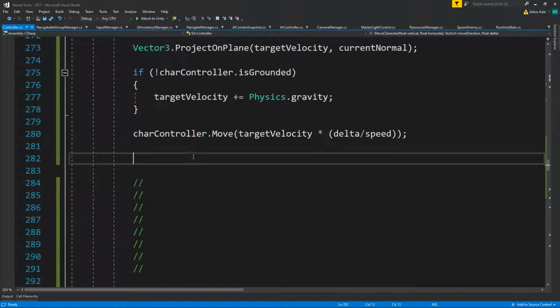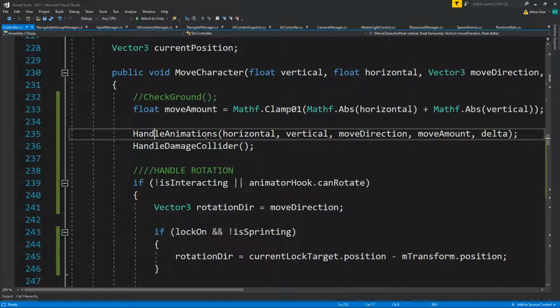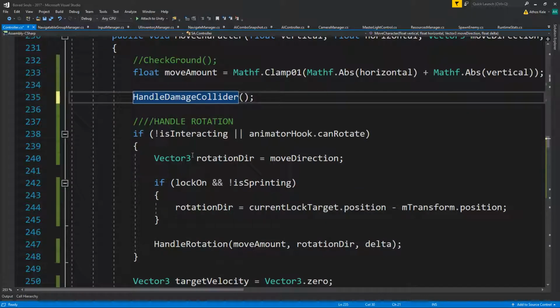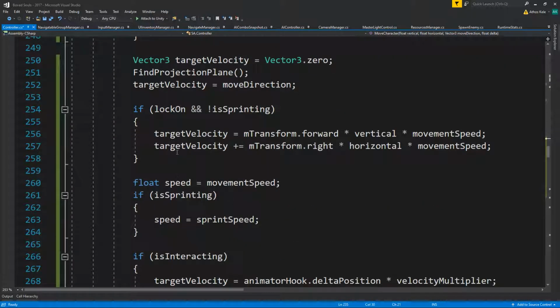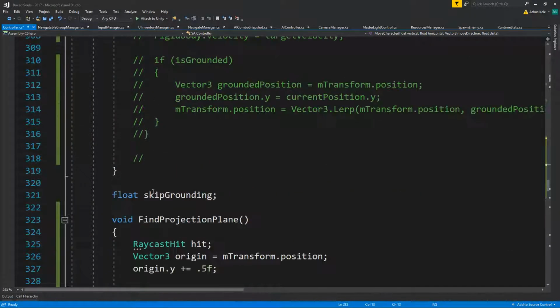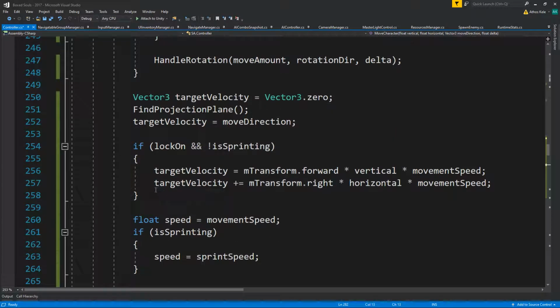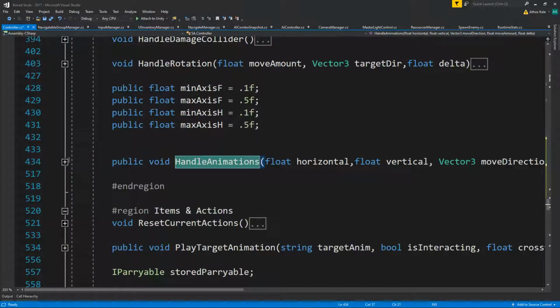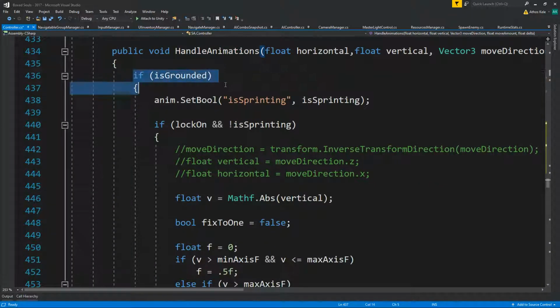So let's see why the animations are not playing. In handle animations, we do pass the horizontal and vertical move direction. Now the animations are not playing because, I have no clue. I think the animations should be playing based on if you're locked on or not, first of all. So just drop that down here. Then if you're locked on, let's see, what else do we do here? Oh yeah, that's why they're not playing,